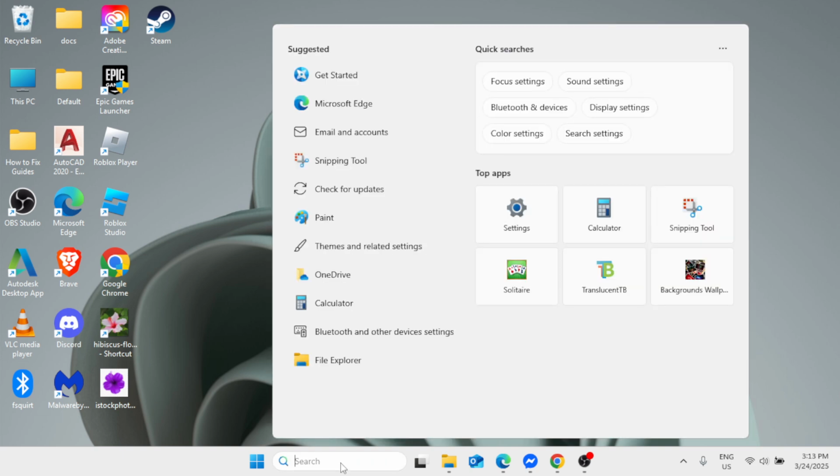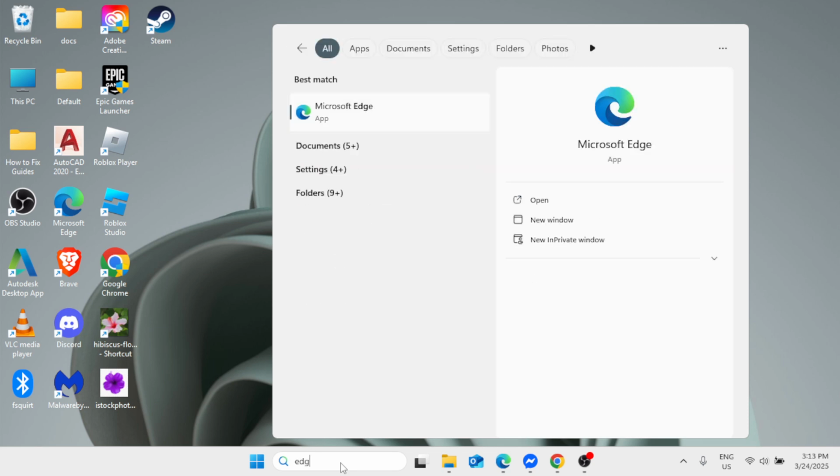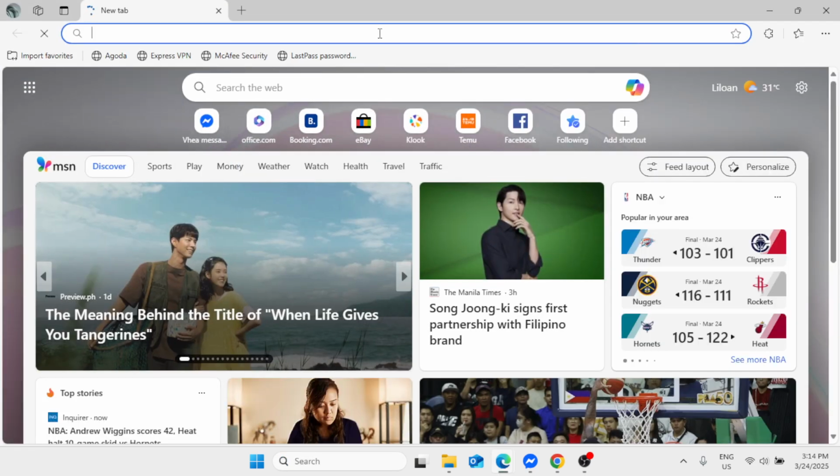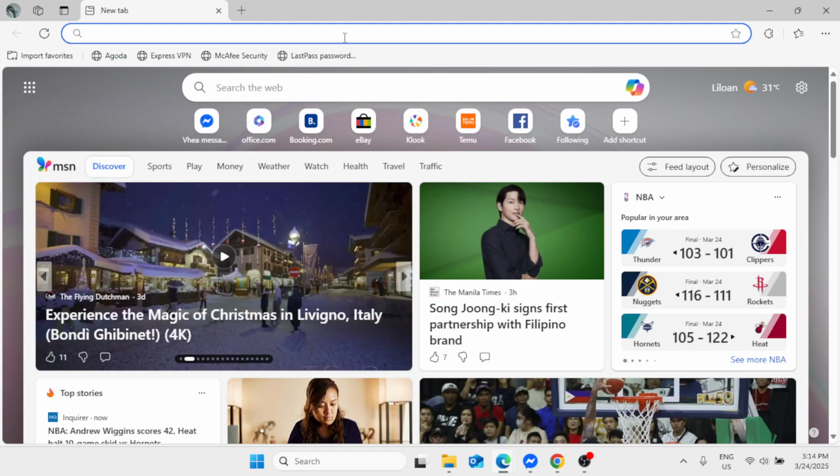In the Windows search bar, open the default browser of your Windows, which is Microsoft Edge. So type Edge in the Windows search bar. Click on Microsoft Edge under the best match. Now maximize this. Then in the search bar, simply type